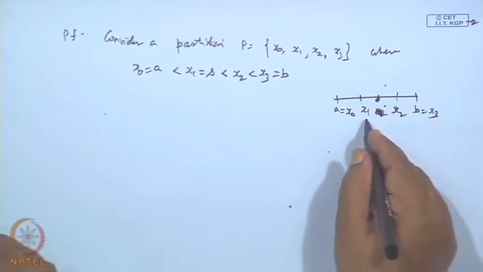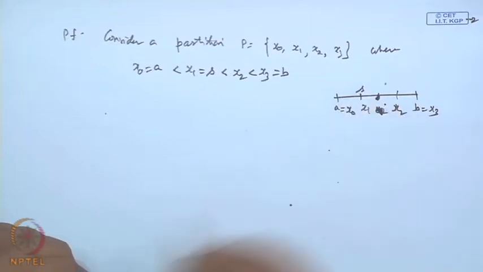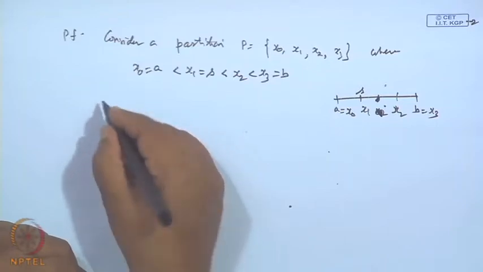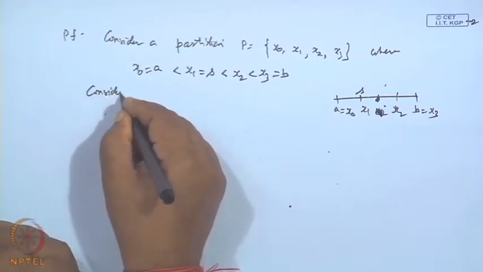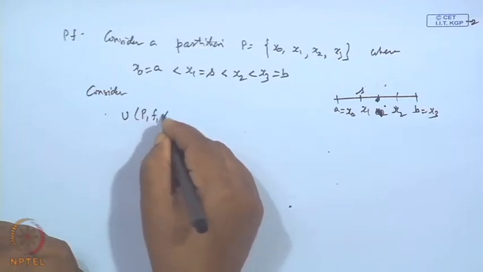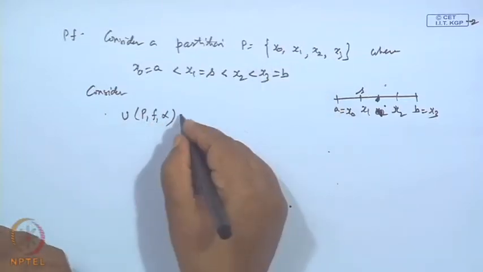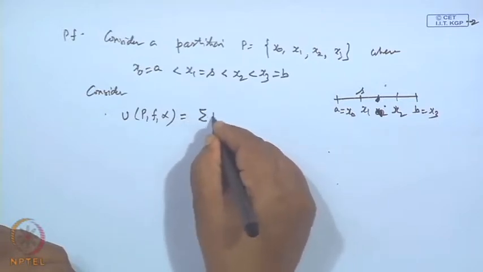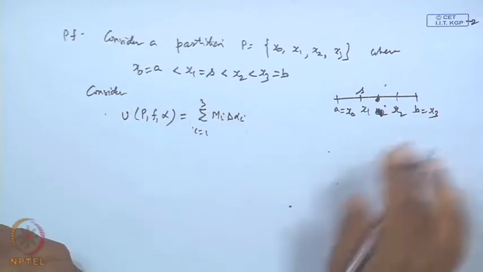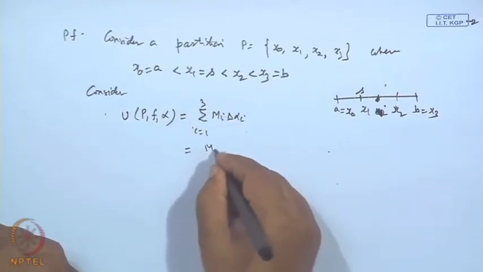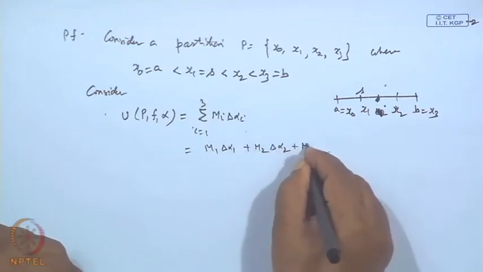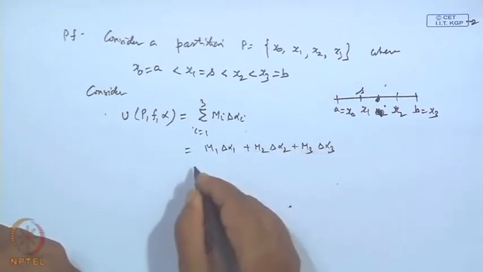So, x1 is s, this is our point s, we have taken this one. Now, consider this upper sum of the function f with respect to alpha over this partition P. So, this sum is sigma M_i delta alpha_i, i is 1 to 3, and that is the meaning of this: M1 delta alpha 1, M2 delta alpha 2, M3 delta alpha 3, and if I